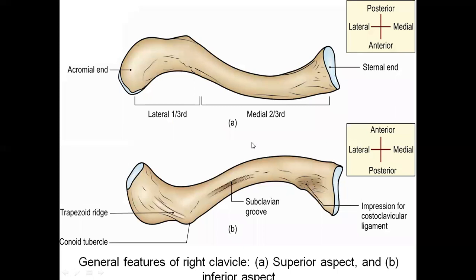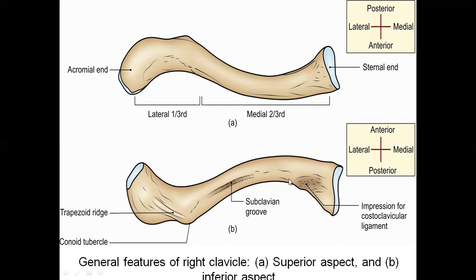For our understanding, we have divided the clavicle into the medial 2/3 and the lateral 1/3, at the place where we have maximum curvature. Why is the sternal end shown in blue? Because it is where it articulates with the sternum to form the sternoclavicular joint, and from the chapter on classification of joints you have learned that the ends of the bone are covered with hyaline cartilage, also called articular cartilage. This is the acromial end, and here too we have hyaline cartilage.